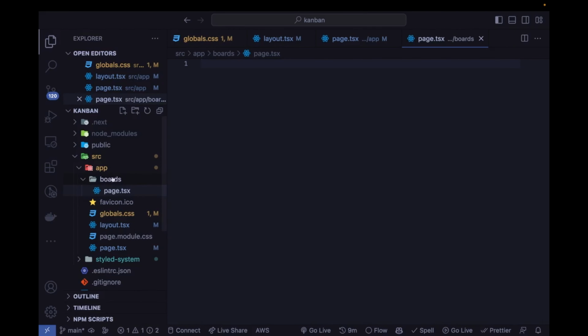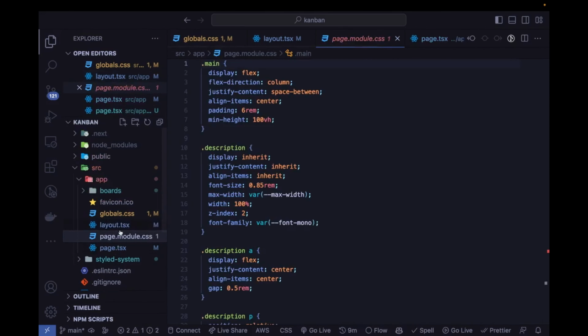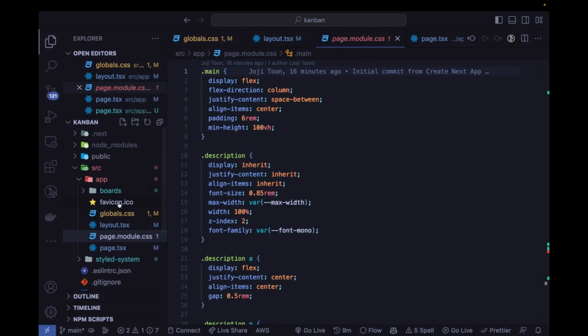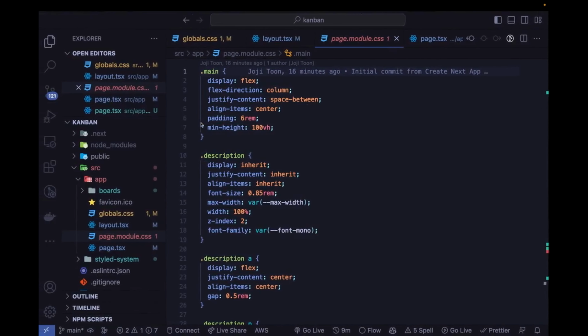So this now creates a folder. So we have a folder board, and then we have page.tsx within that. So that would be the page that we're looking for. So we have this here, but now